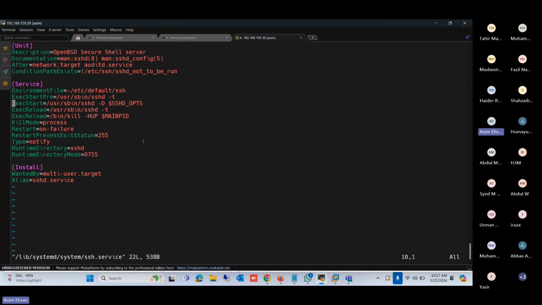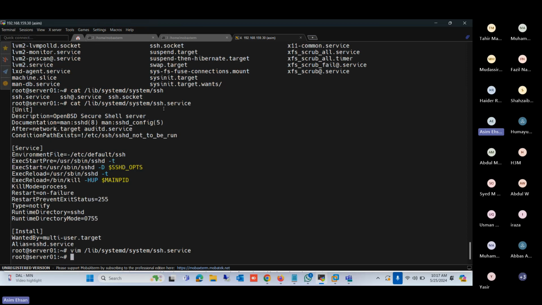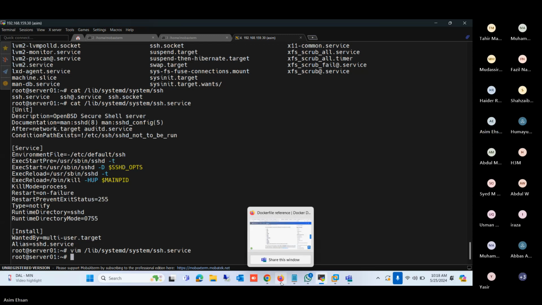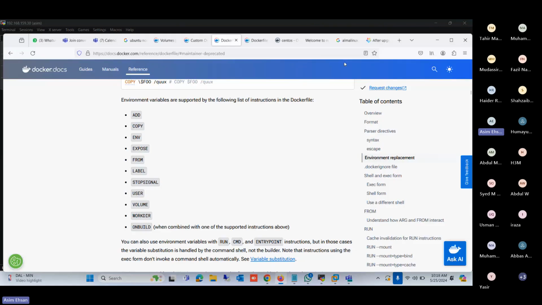So you don't need this; you can directly run it, and this runs on reload, on start, and pre-execution. This is its own syntax. So in a Dockerfile, you will use the binary directly to run inside your image. You cannot run the service by systemctl. So we have to understand